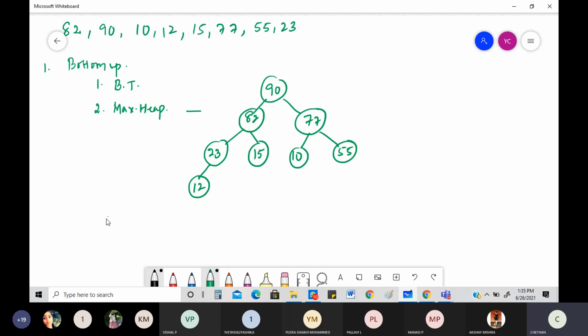Now the second main step, once the creation is done, is to make sure that we are doing the sorting aspect of it. Okay, we need to do what is known as sorting. How are you going to do it? This is a maximum heap that you have got to keep in mind. So the sorting which you are going to get will be in ascending order. That you have got to keep in mind. So let us do this step by step.